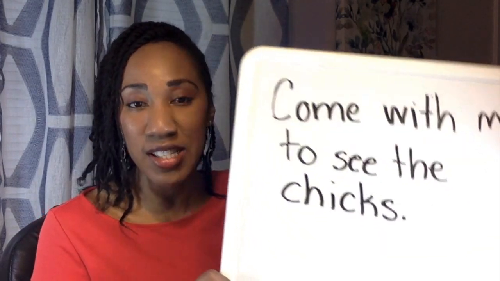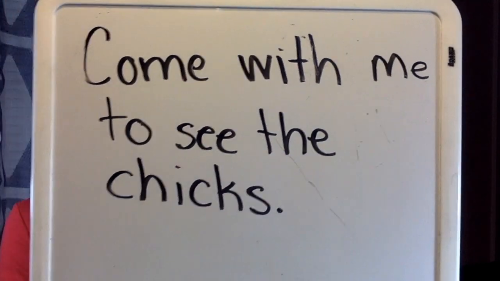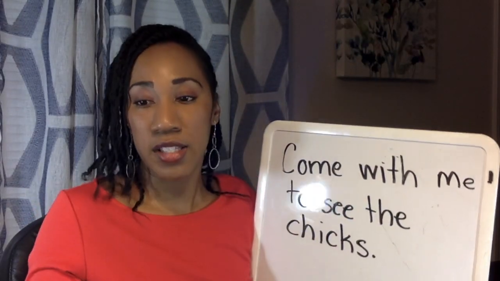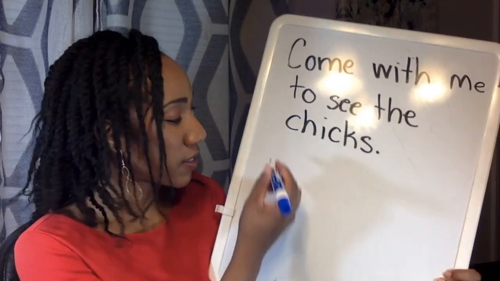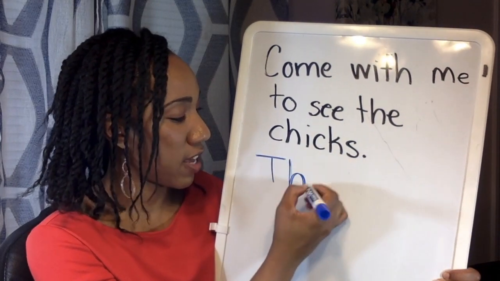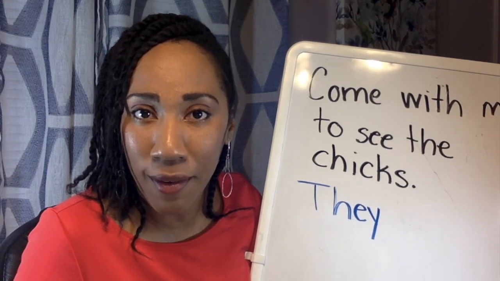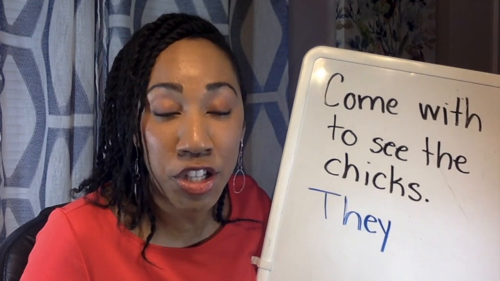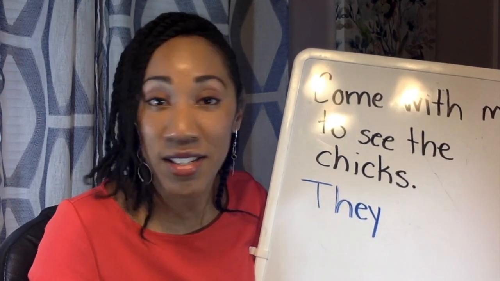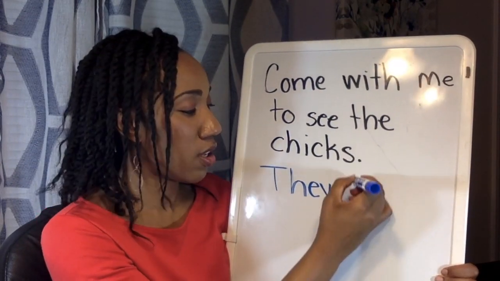Make sure that your sentence looks like mine. Pause if you need to. And let's move on to the next sentence. The second sentence was, they hatched last night. So we are working with a capital T because it's the beginning of a sentence, T-H-E-Y. Please check your work. Make sure it does not say T-H-A-Y. We've talked about this before, Smarties. They does not have an A. It has an E. They hatched,